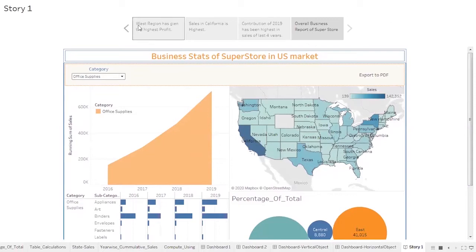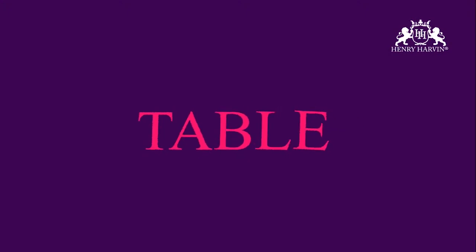On analyzing the sales and profits data of the superstore, I have realized that the West region contributes the highest profit, the highest sales come from the California state, and the 2019 sales contribution has been the highest amongst all 4 years, and this is the overall business. In this way, you use a story to communicate your findings to the end user in a very sequential form.